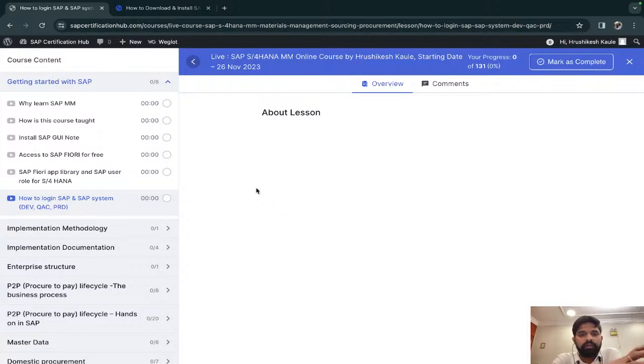They will code that particular requirement. The coding is done by ABAP or Fiori consultants, and the functional customization is done by functional consultants like SAP MM, SD, FI, and all of the other modules. So development is used only by consultants, and they will make changes or create new things or customize, and then it will be moved to quality. Once it is ready, we move it to quality.